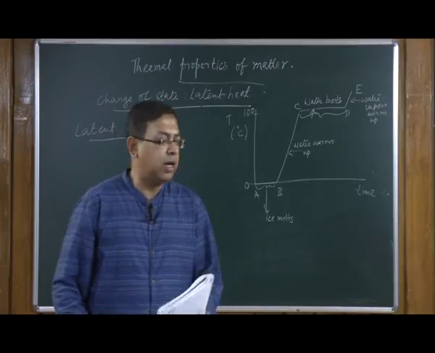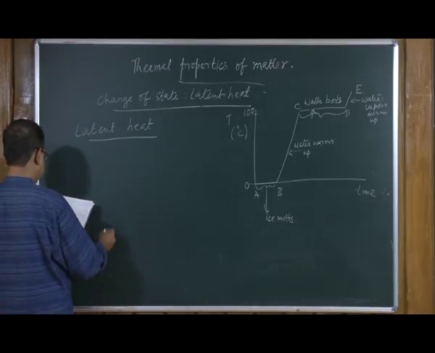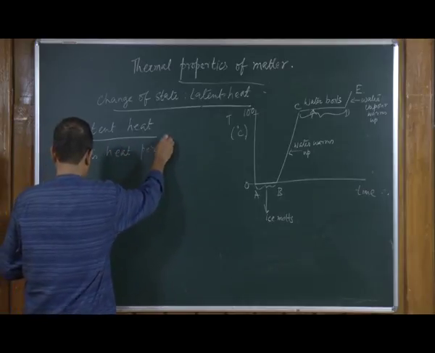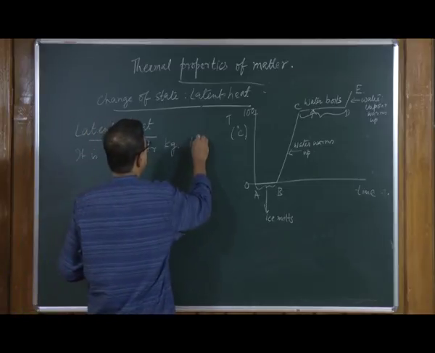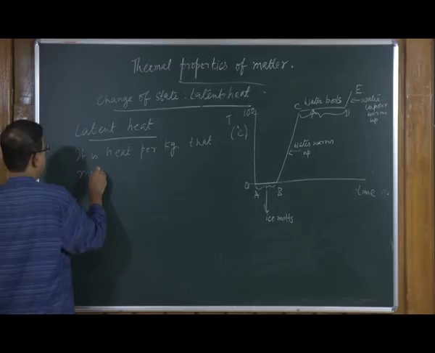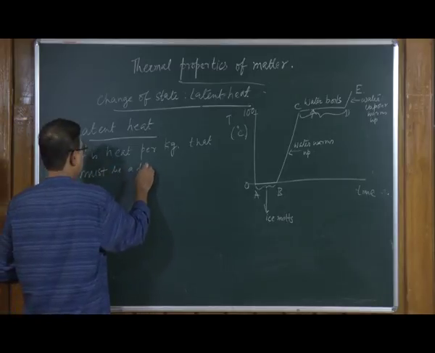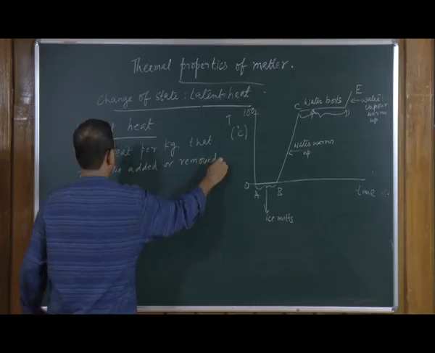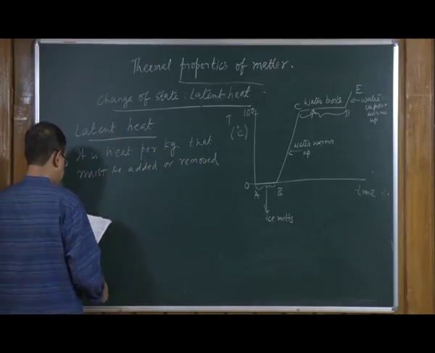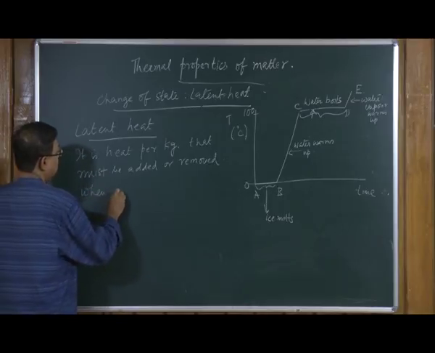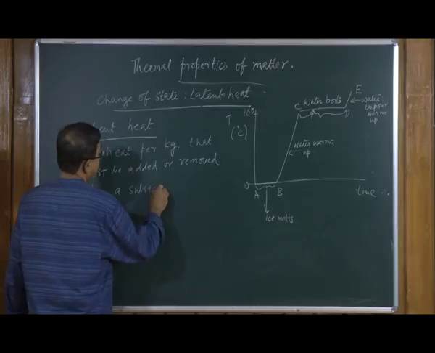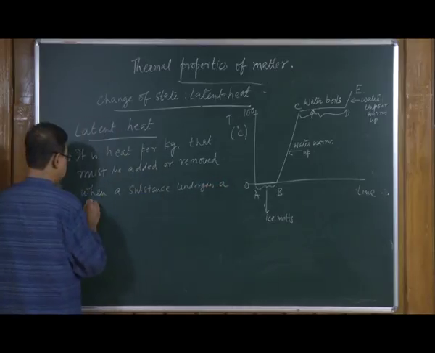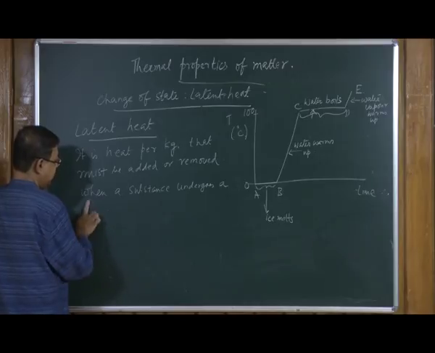Okay, so the definition of latent heat is: it is the heat per kg that must be added or removed when a substance undergoes a phase change, or change in phase